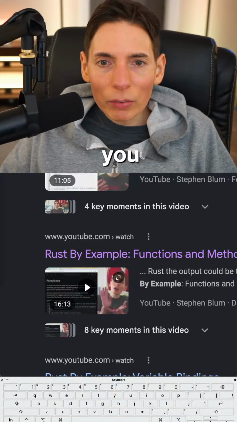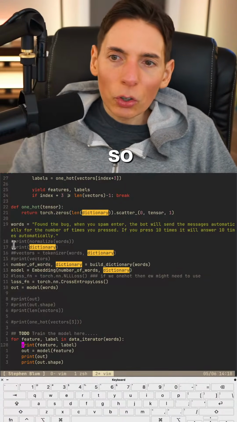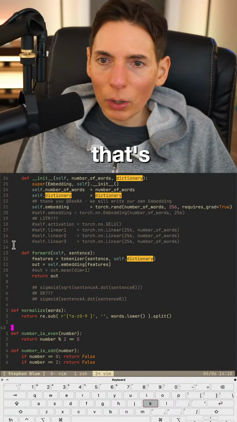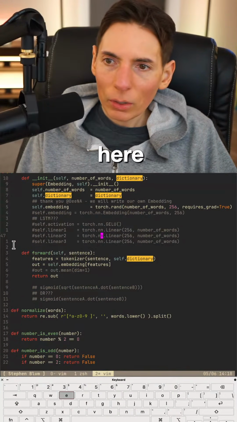You keep telling me, Stephen, embedding is trained alongside a large language model, not separately. Yeah, so I'm going to try. That's why I think I've got these. I left these here. Right, I left these here. So